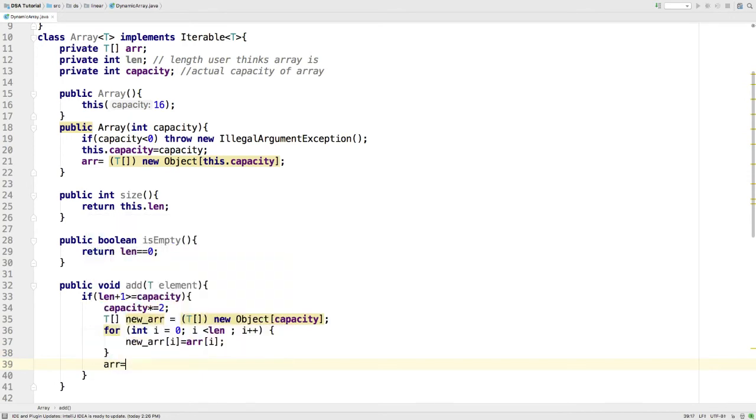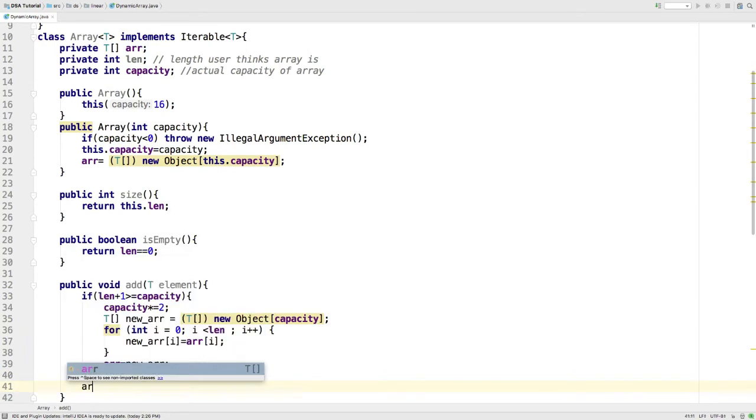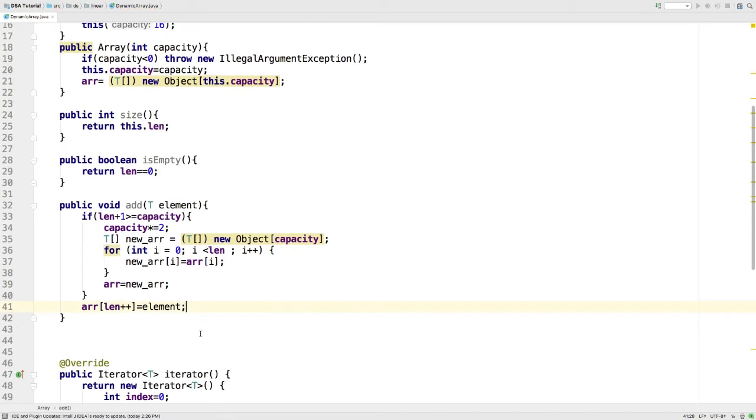And I'll say arr equals new arr. Now if resizing is not required, I'll simply say arr, and length plus plus equals element. Now add method is done.